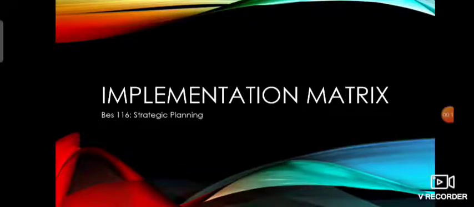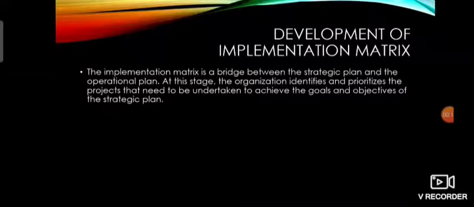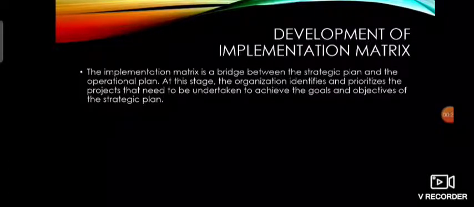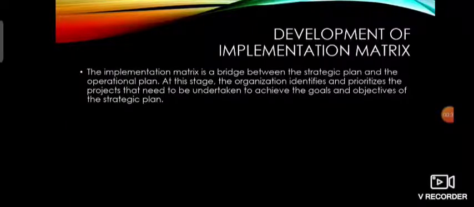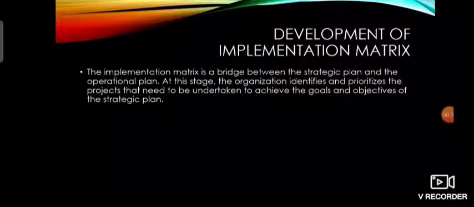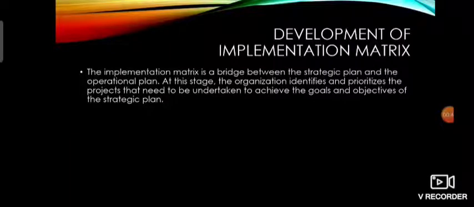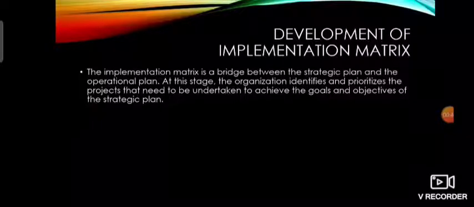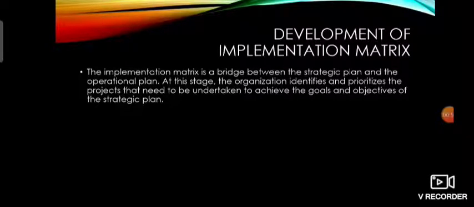All right. So, what is an implementation matrix now? The implementation matrix is a bridge between the strategic plan and the operational plan. And as we discussed before, a strategic plan outlines our mission, the vision, and of course the goals of the organization that would take like 3 to 5 years. It also takes into account how you'll measure those goals and the major projects that you'll take on